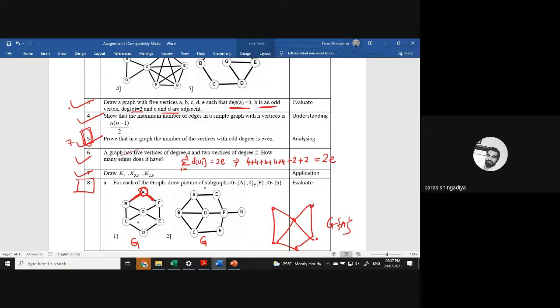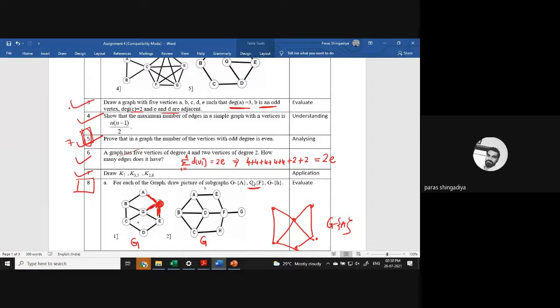Second one, you delete the vertex F from the main graph. So what is our answer when you delete vertex F? This will be removed from this graph. F को आपको delete करना है. So उसके साथ तीन edge connected है. These three edges also will be deleted. So the remaining set is A, B, G, C, E, D. That is your remaining set, and that is a subgraph. ठीक है, तो उसको सिर्फ ड्रॉ करना है. जो भी रिमेनिंग बनता है ग्राफ में, after deletion of A and F, you just draw it, and that is your answer.